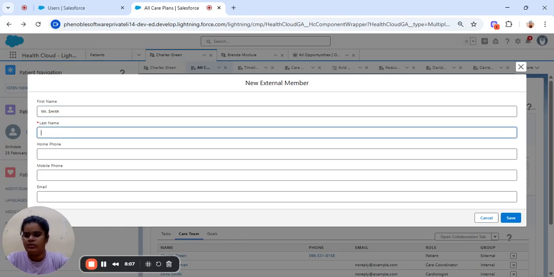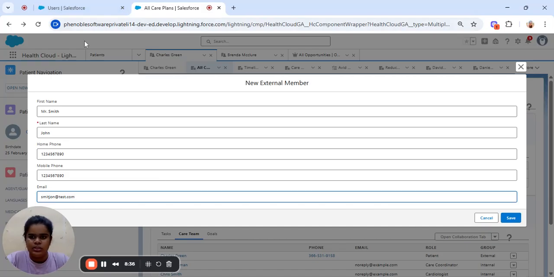I am giving Smith John. Let me just enter a dummy number here. I don't know if this is correct or not, but just for an example, Smith John at the rate test.com. Okay, so when we click,